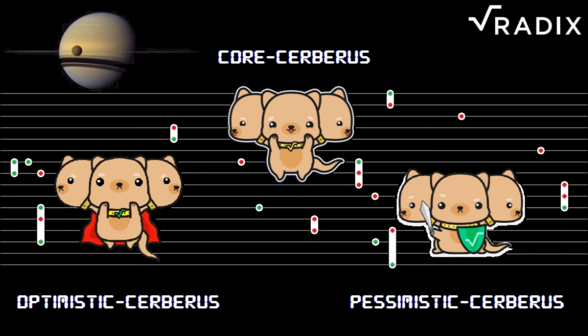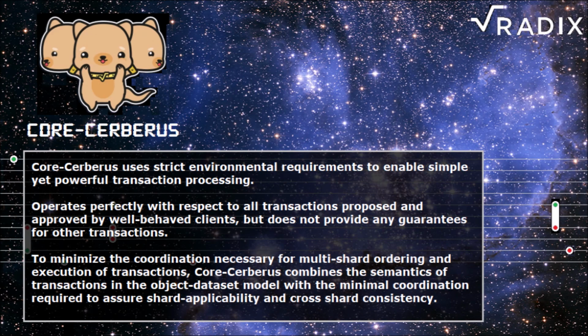Using these variants, the network will be able to adapt to the needs of specific use cases. Core Cerberus: simple yet efficient transaction processing. Core Cerberus uses strict environmental requirements to enable simple yet powerful transaction processing. It operates perfectly with respect to all transactions proposed and approved by well-behaved clients, but does not provide any guarantees for